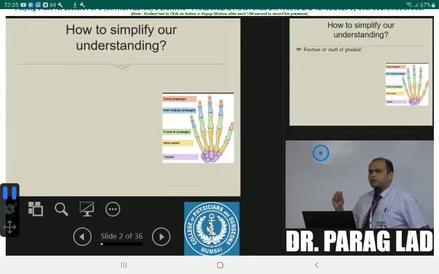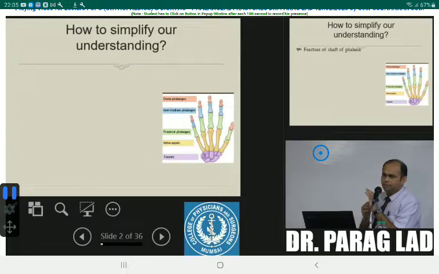First of all, the difference between monkey and human is monkey has 5 fingers and human has 4 fingers and a thumb. So thumb is the most important aspect of the function of the hand. If the function of the thumb is absent, or somebody has amputation of the thumb, 50% of his hand function is completely compromised. So thumb is extremely important.